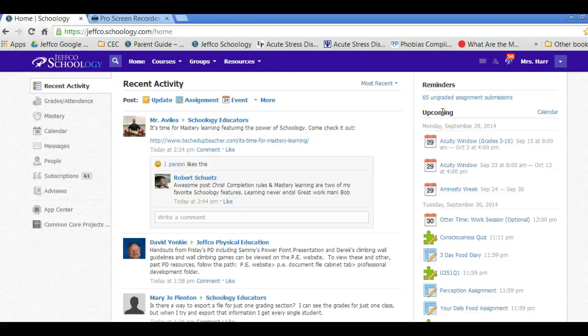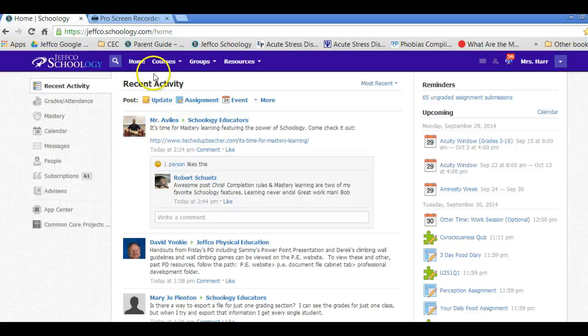This is Schoology. When you log into Schoology, this is what it looks like if you have any classes or groups. And here are the announcements that I have in my classes and groups that I belong to. How you log into Schoology is the same way you log into Campus, the same login information. I'm going to send you a separate link with that in there so that you can see what it looks like when you go in.